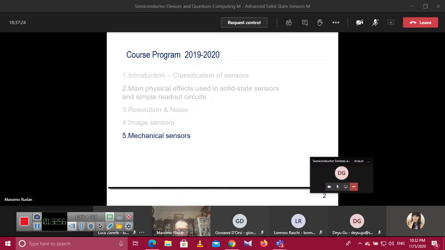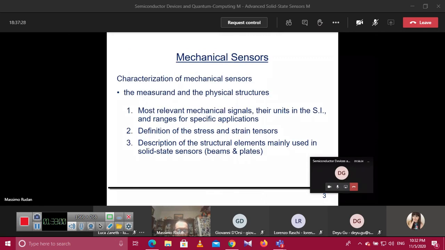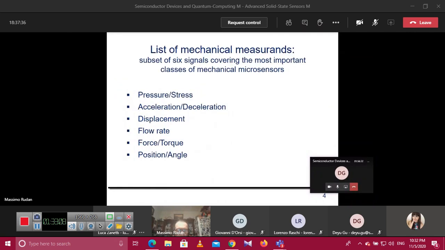And this belongs to a set of slides that I will upload later in the website. This is a little list of typical applications of